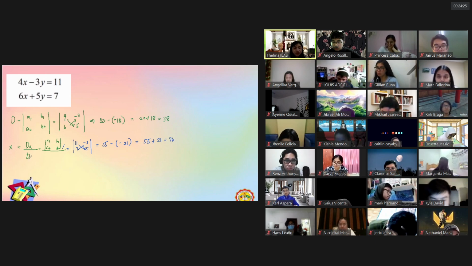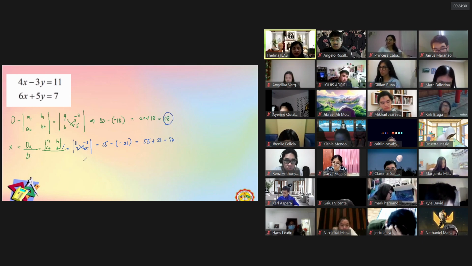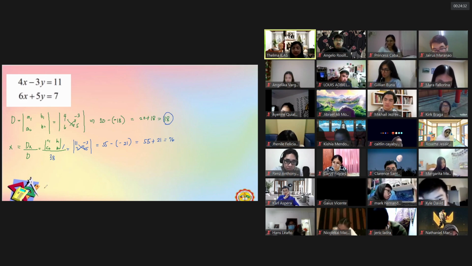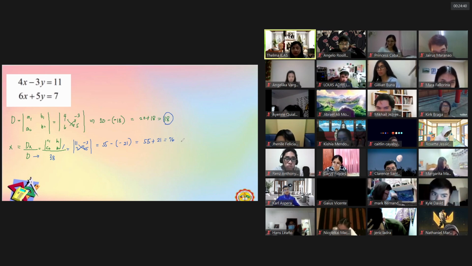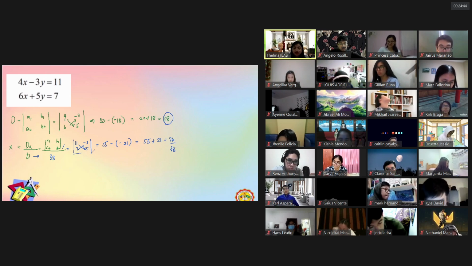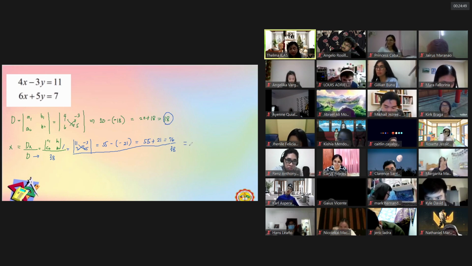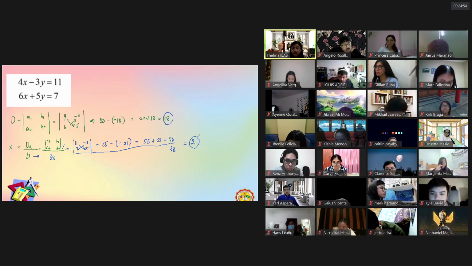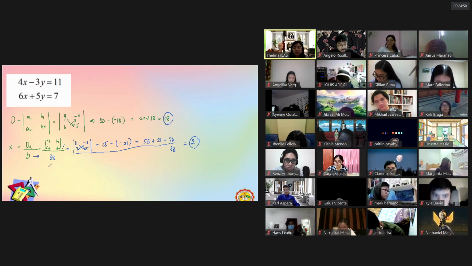All right. And we know that the determinants, kinompute na natin kanina. Anong value niya? 38. Diba? Plug in nyo na lang yung value. So therefore, the x variable here could be obtained by dividing this by 38. So ganun siya. Divided by 38. So how much is this? 76 divided by 38 is 2. So that's the value of your x for the solution. Now, as for the y,